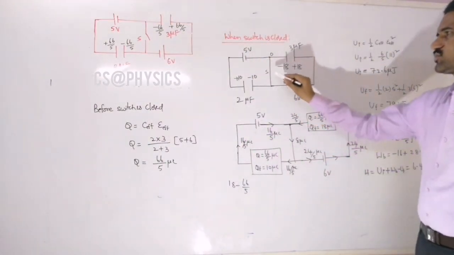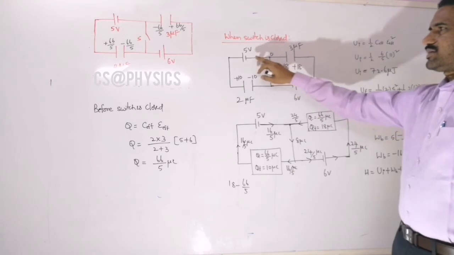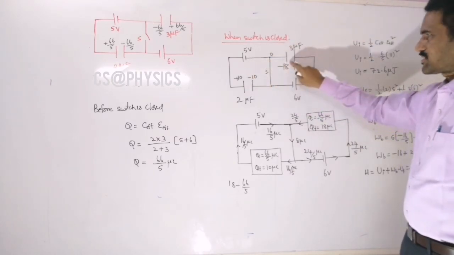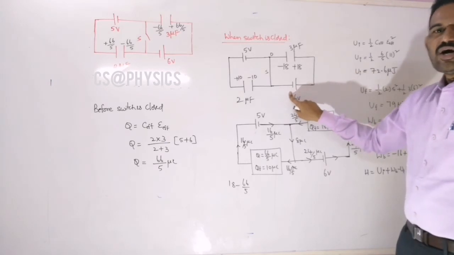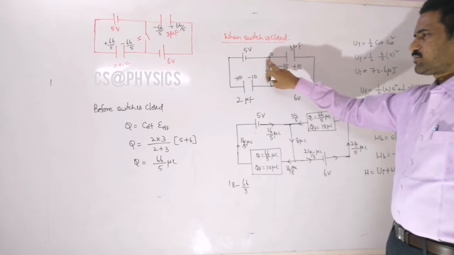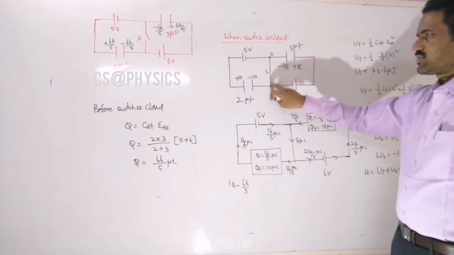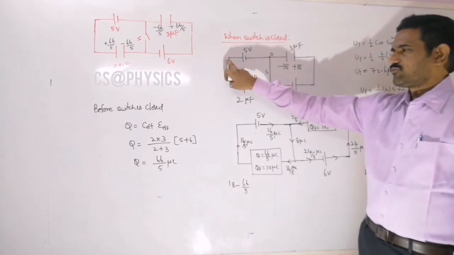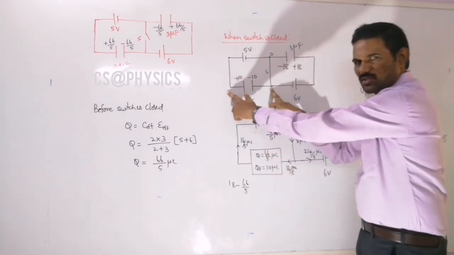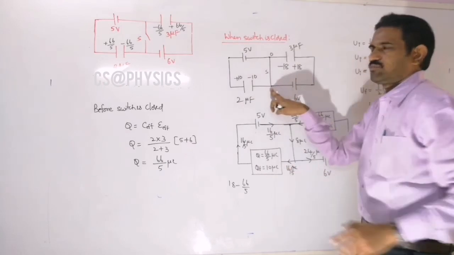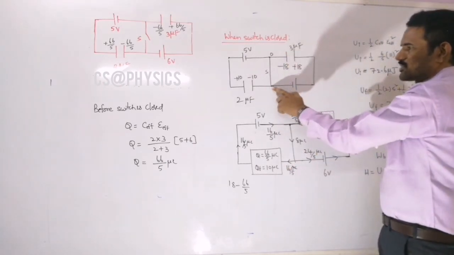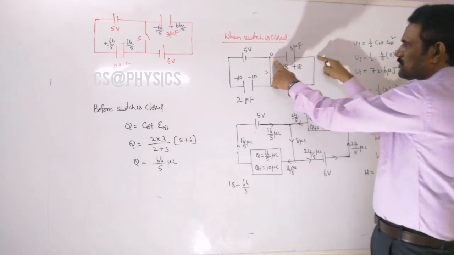When the switch is closed, you can observe that this capacitor is directly in parallel with this 5 volts and this capacitor is in parallel with the 6 volts. Or if you are confused, suppose this junction is 0, then here it is also 0, and then here you will get 5. So here it is 0 and 5. That is nothing but, the potential difference across this will be equal to 5. And similarly the potential difference across this will be equal to 6. This will be 0 and then this will be 6 here.